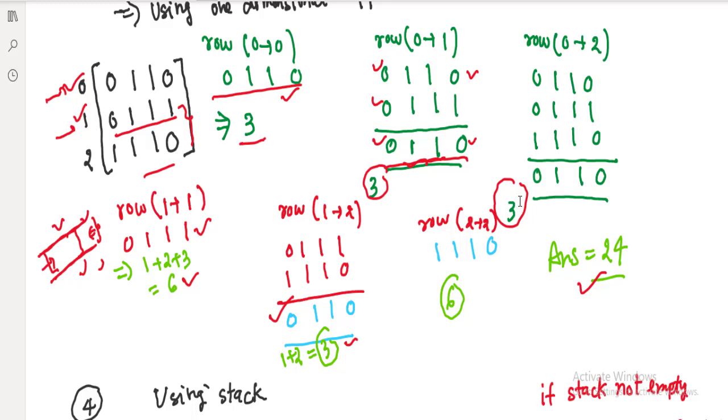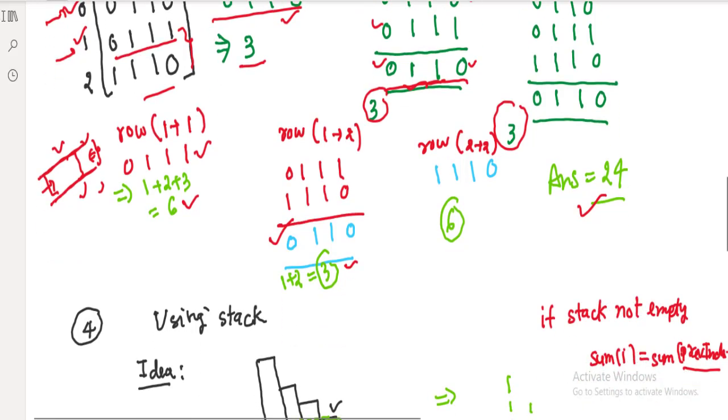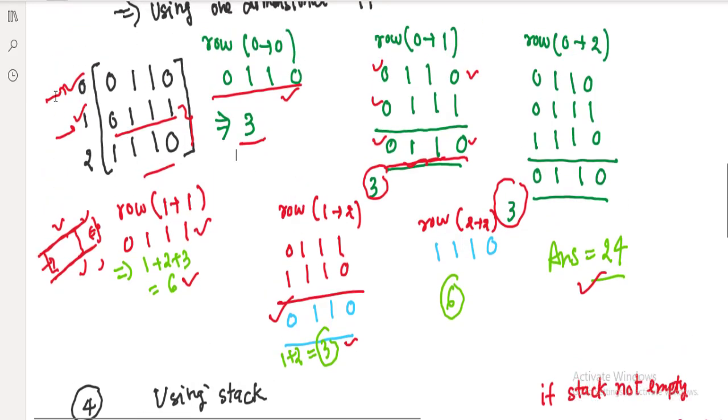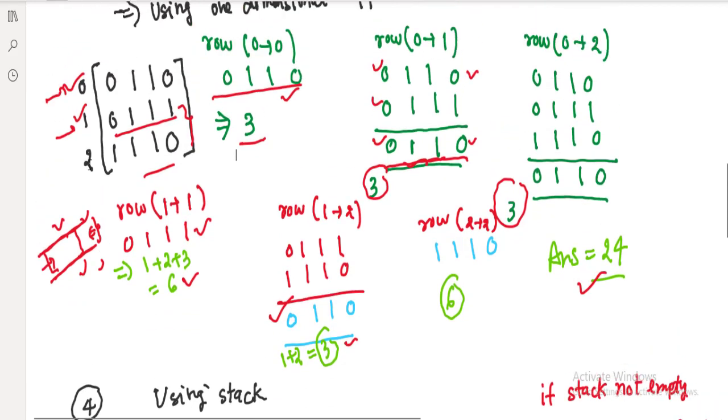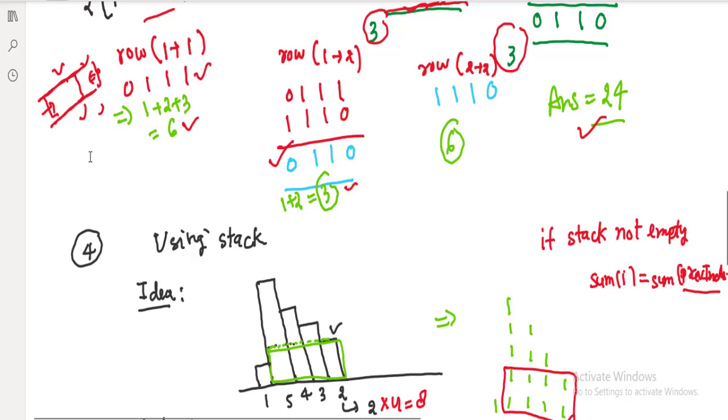So what would be the time complexity for this approach? In this we have to choose two rows. To find two rows out of n, there will be nC2. We can take any two. For example, if we start with 0, we can say 0,0, another possibility 0,1, then 0,2. Similarly, if you start with 1, then it will be 1,1, 1,2, like that. So what is the total for this upper and lower boundary? Order of n square. In order of n square time we can compute it.